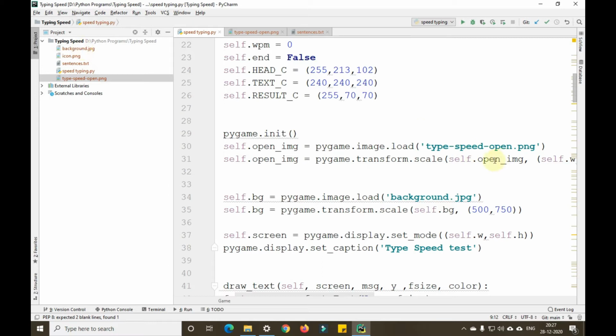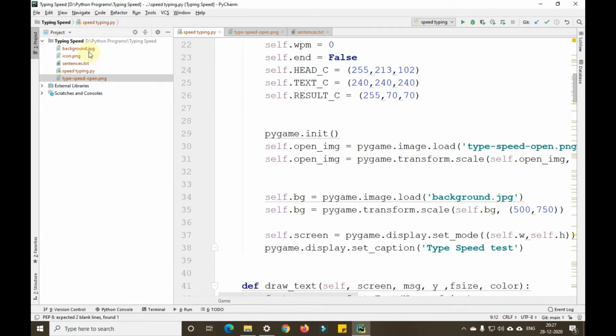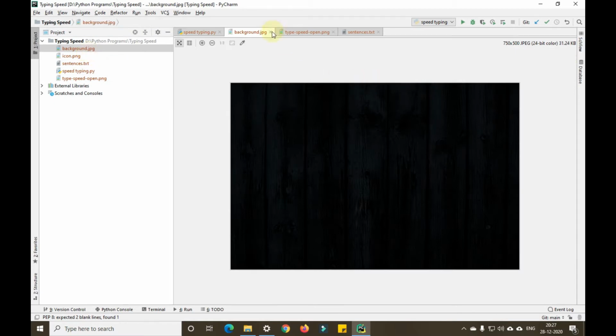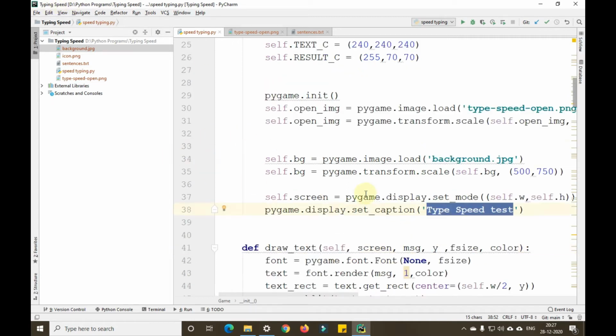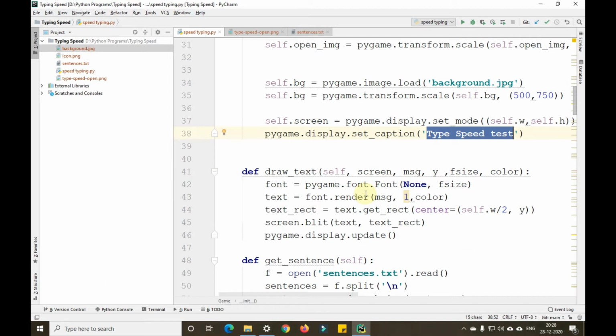After that, I have also shown this background image. So background.jpg is completely back here. You'll see what all this is further on. This would be coming at the top like this, guys, typing speed, as it is here. You would see this on that particular speed test software.